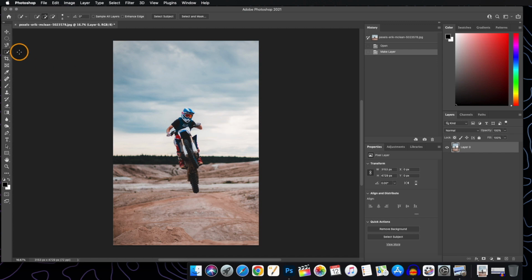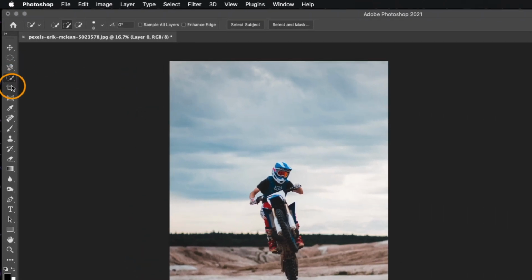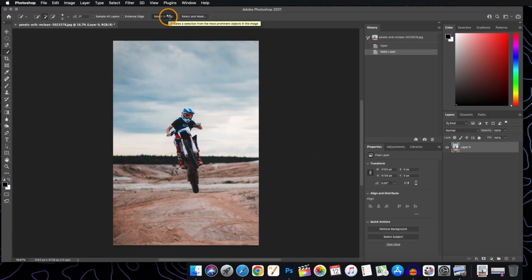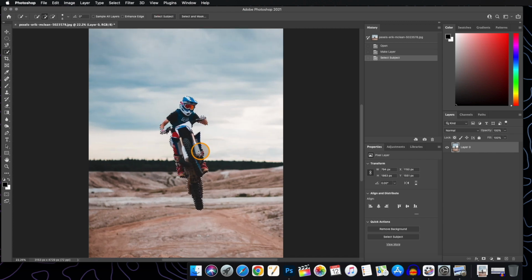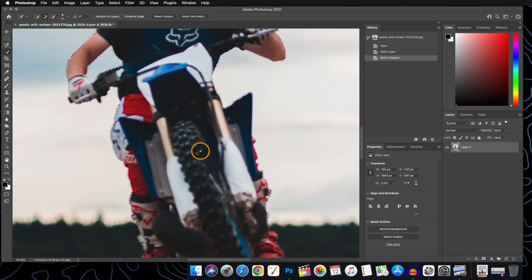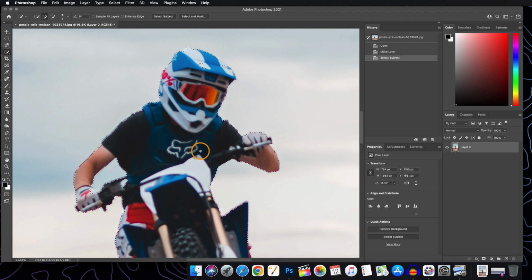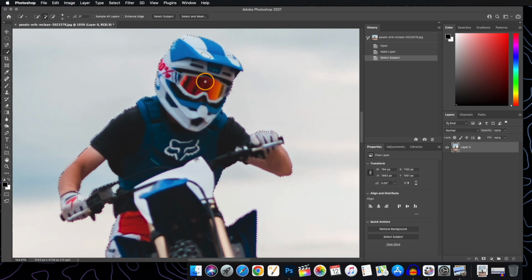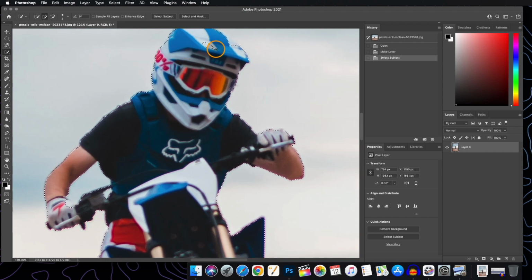When you select the quick selection tool, there are two more options at the top, that is select subject and select and mask. So at first we will click on select subject and let Adobe Sensei decide the subject. Many times it does a very good job, but there will be some discrepancies which we can definitely fix ourselves. Like if you can see here, there are some areas which